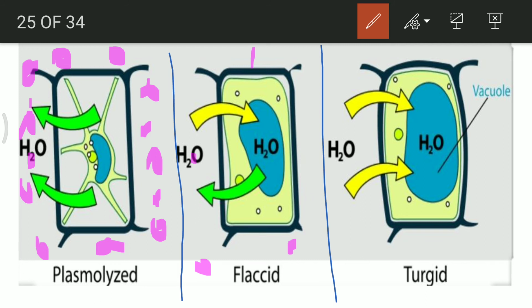In isotonic solution, the middle one, there are only three molecules of solute outside or three inside. Here suppose there is only this much solute inside, whereas in hypotonic solution you will see that